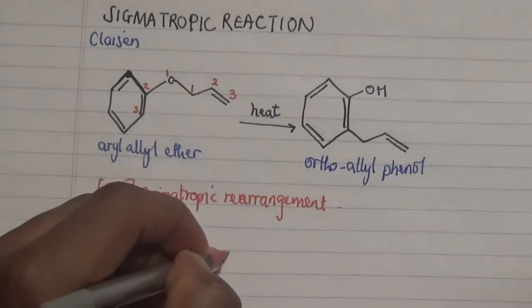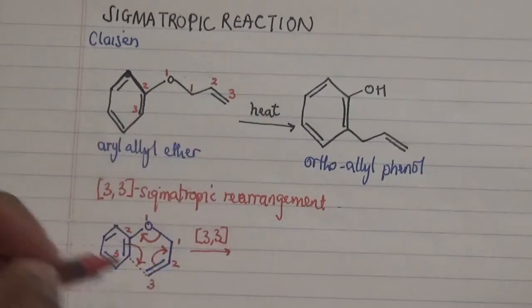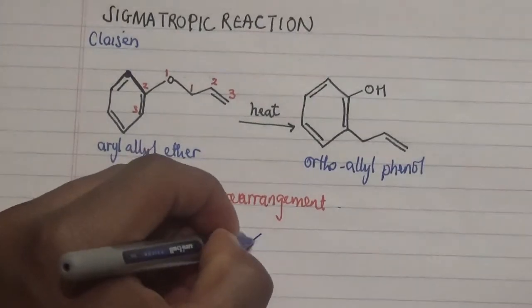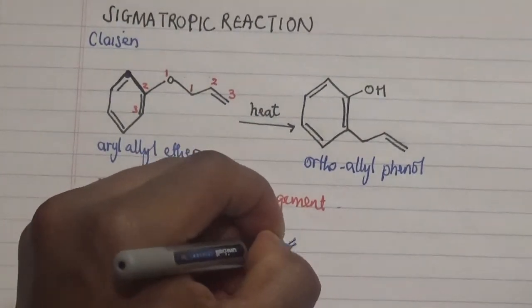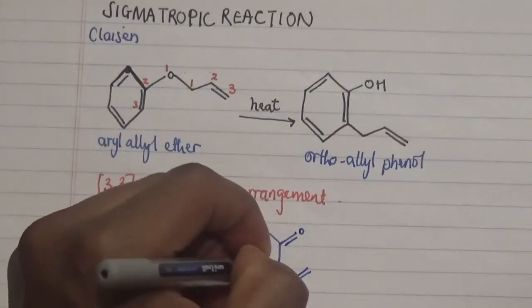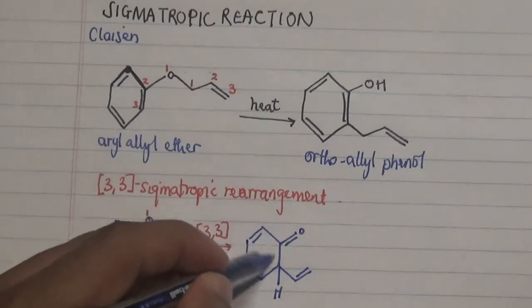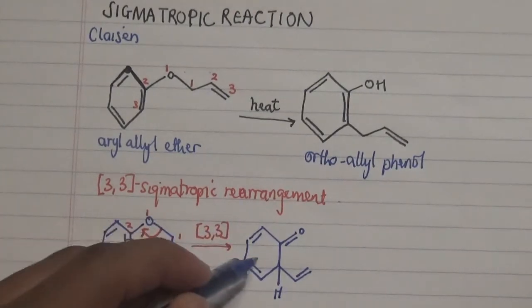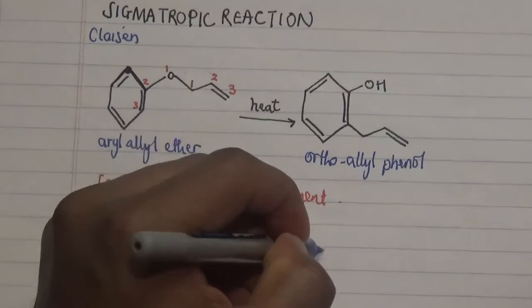So what we get as a result of this 3,3 sigmatropic rearrangement is a non-ionic intermediate. So there is no ion at all in our intermediate. What we have is this particular species. I'll repeat myself again: non-ionic, so there is no ion at all present in our intermediate. Take note that there is a hydrogen here, which is here as well, but since this ring is not aromatic, for us to make this stable, we need to add our second step, which is to add an acid. So once we add an acid in here,